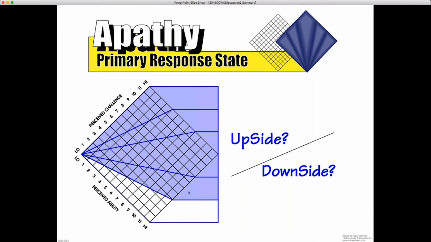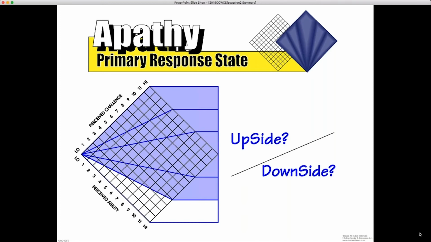So I'm careful to explain this to clients. First of all, apathy is the natural byproduct of mastering something, correct? Look at where someone's perceived ability is relative to the perceived challenge. So again, if we go back to the weightlifting example, I can lift 150 pounds, I can bench press that. If someone puts 10 pounds on there, it's almost going to feel like a waste, right? Like I don't even have to try. I can do this in my sleep, right? Whereas in stress, we're so concerned about something we can't sleep. In apathy, we're so good at something we can do it in our sleep.